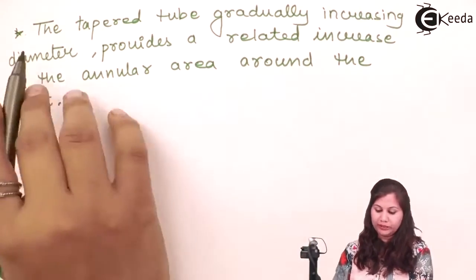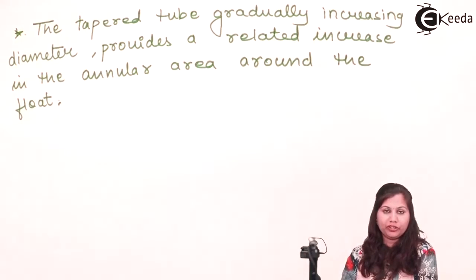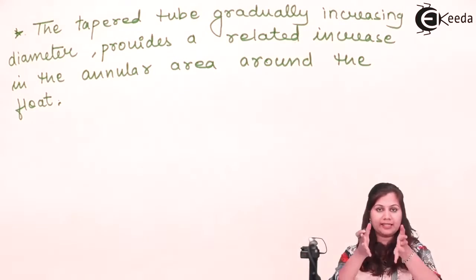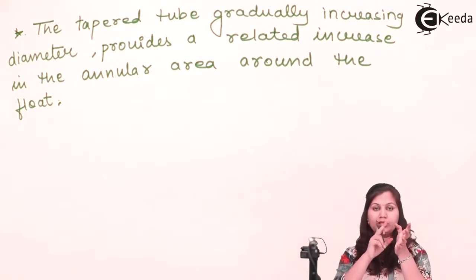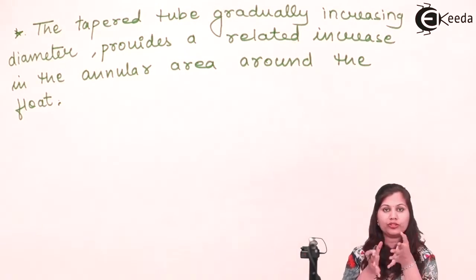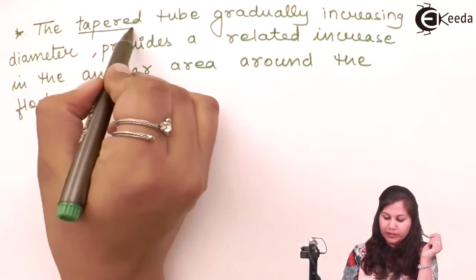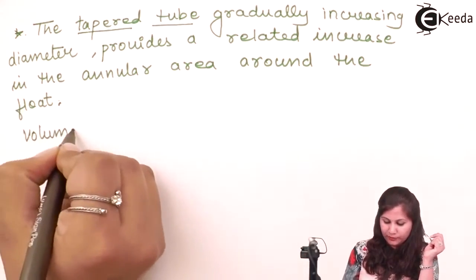As in the rotameter, a tapered tube is used. We have seen that in that tube the cross-sectional area or its diameter is increasing gradually. So due to the increase in the diameter of the tube, the annular area around the float is also increasing. And this tapered tube is going to follow the volumetric flow rate equation,